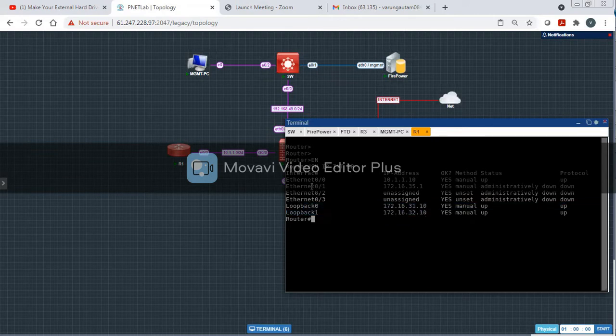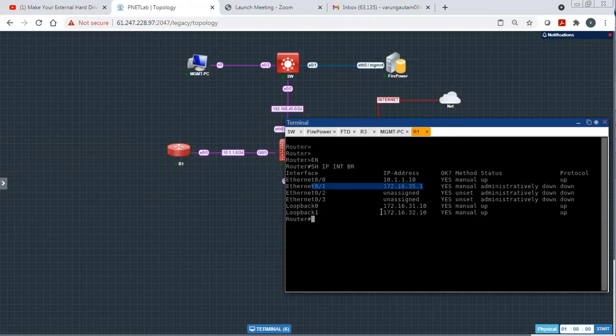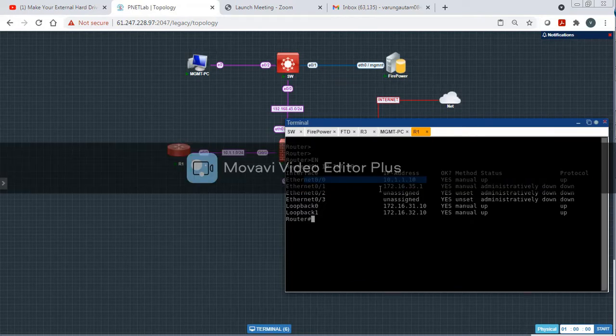Ethernet 0/1 would be our interface for the backend networks on R1. R1 is connecting to FTD on Ethernet 0, and we have the 10.1.1.10 IP on the interface. So with respect to R1, which is in the inside zone, this is the configuration I have done so far.